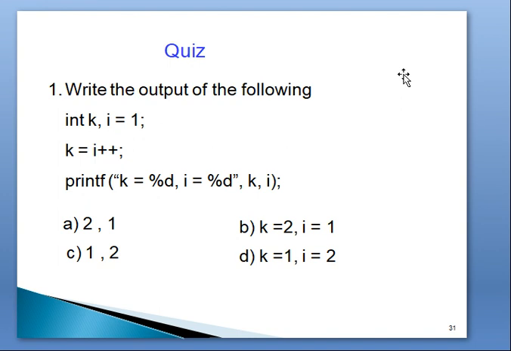After assigning this value, i is incremented as 1 plus 1, 2. Now in memory, i value is 2, k value is 1. The answer is k = 1, i = 2.